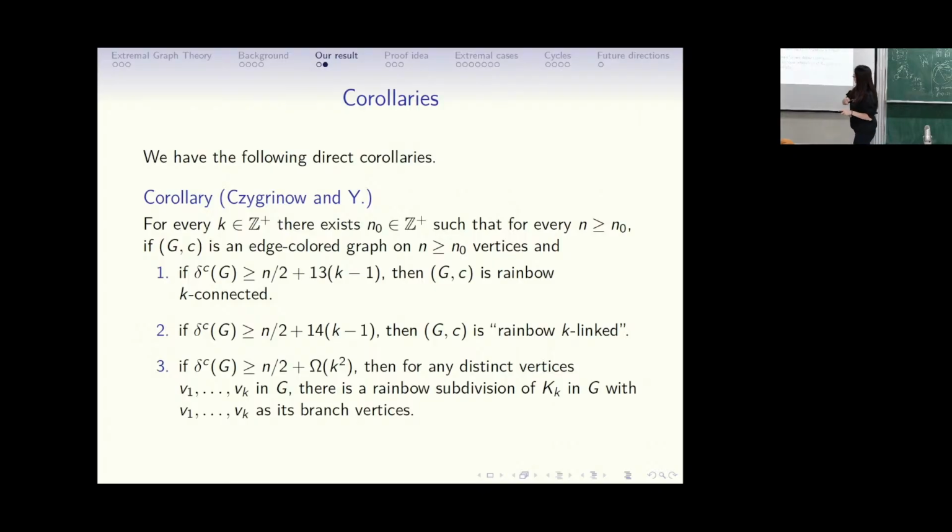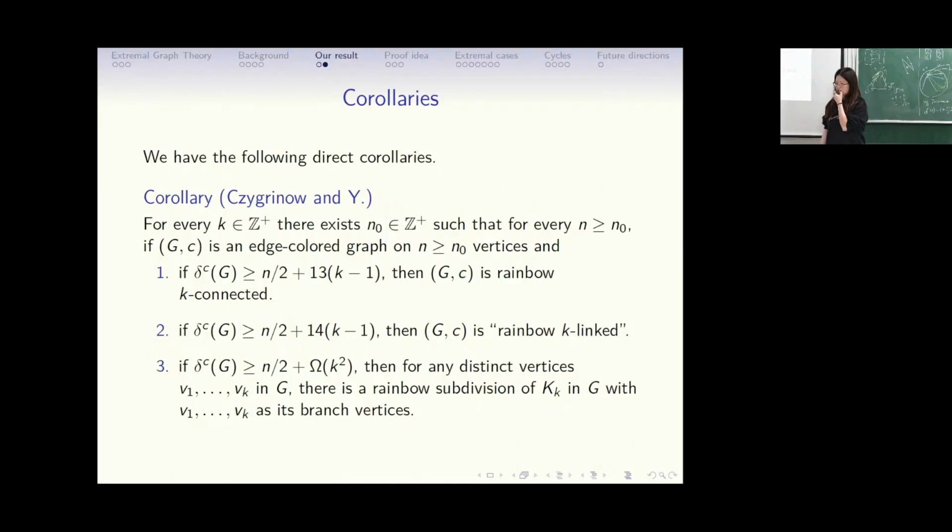But that's a good point because I can tell you for, say, the first one, we do need at least linear in k. We do need at least half of n plus k. Then I can ask the same question for all the sparse graph embeddings. For example, it's known that if you have, let's say, 100k average degree, then you have k consecutive even cycle lengths, say, forming an arithmetic progression.